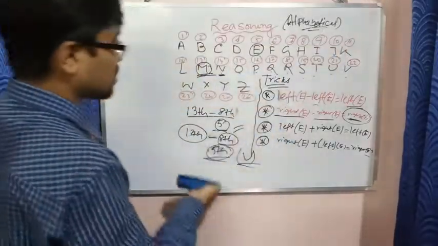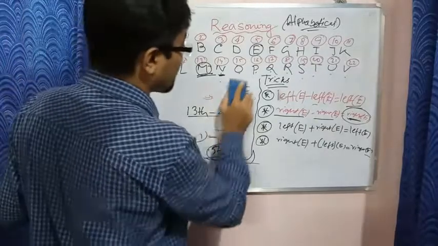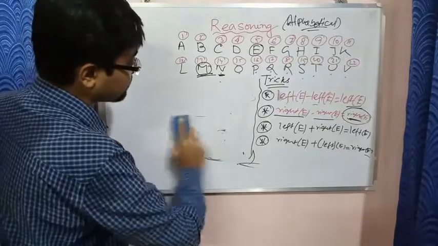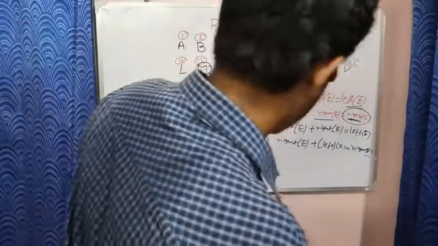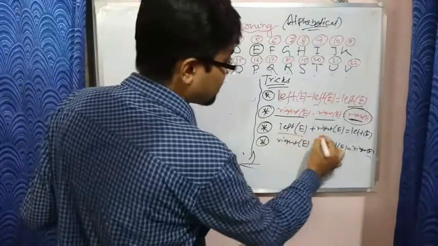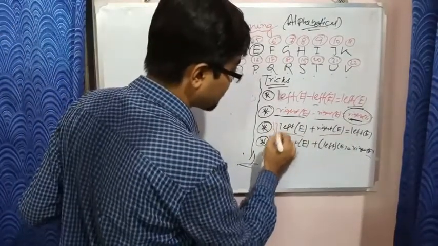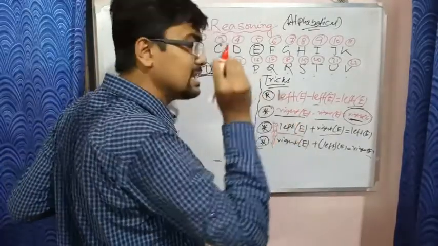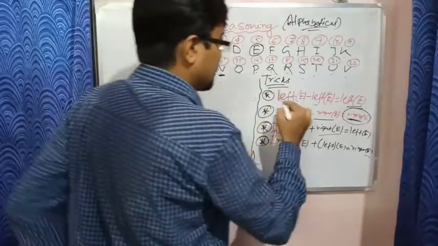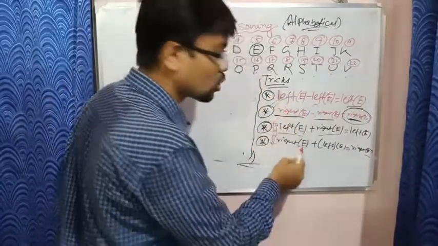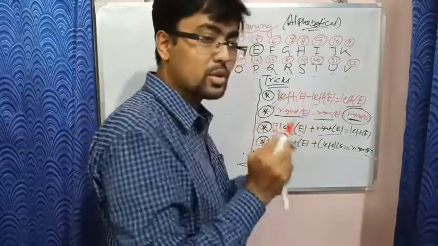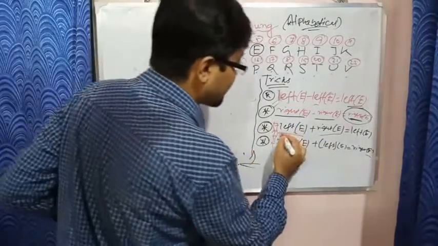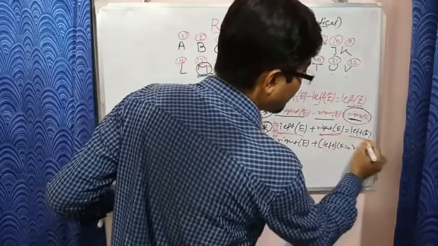Okay, now I will discuss rule number 3. Now, left element plus right element, these two rules will be applicable in each and every examination. These two rules may be easy, but you have to be reminded, or you have to memorize these rules in the examination hall. Left element plus right element is equal to left element.